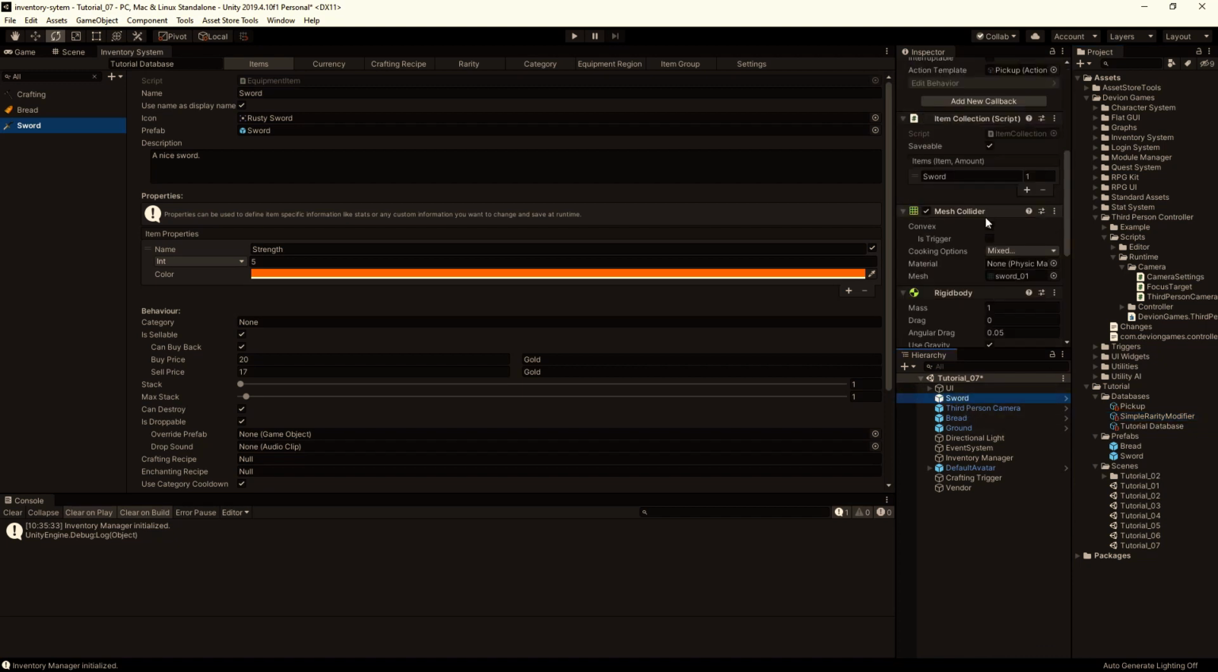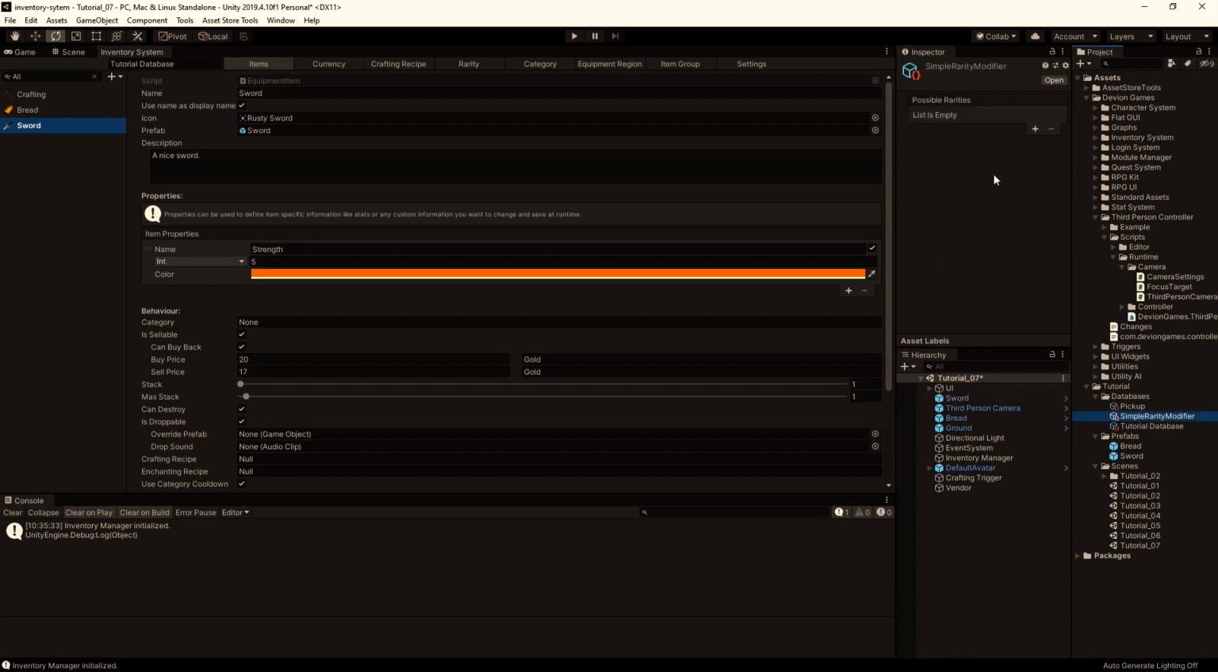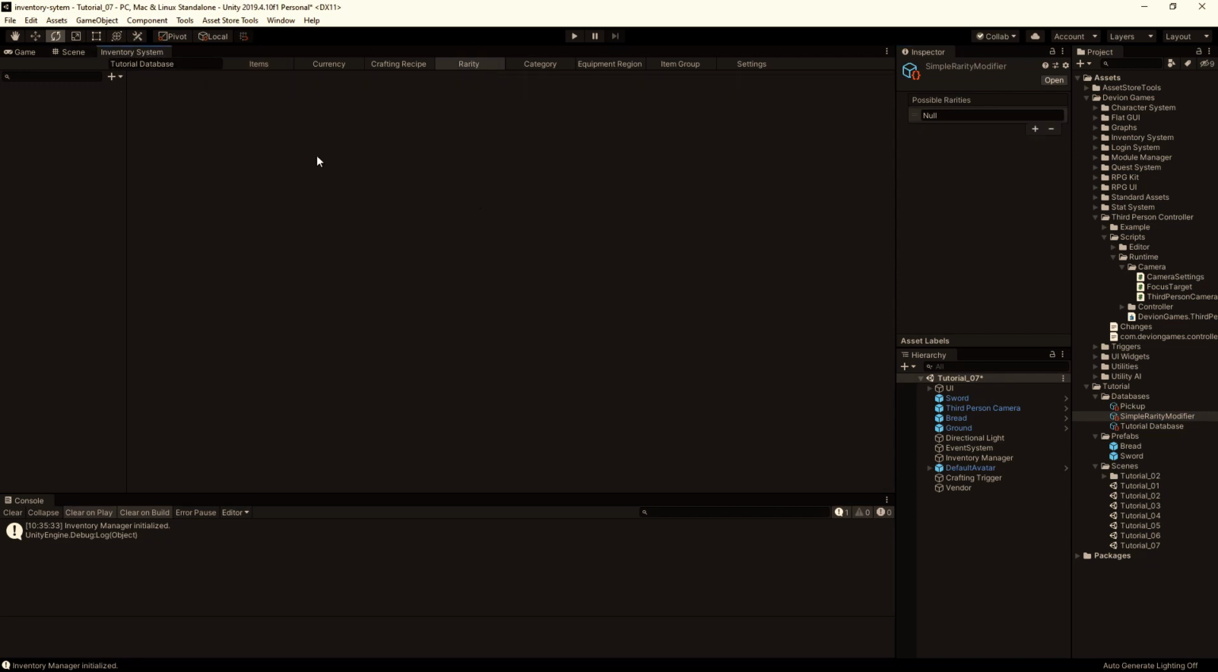Let's select our item and select the item in the item collection and click on the plus button to add a new modifier and drag the simple rarity modifier to this list here. And then we override the prefab again. Here in the simple rarity modifier we have to define possible rarities. Right now we don't have any in our tutorial database, so let's go to our inventory system editor, rarity, and